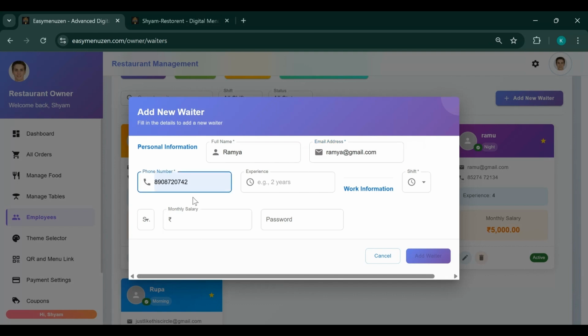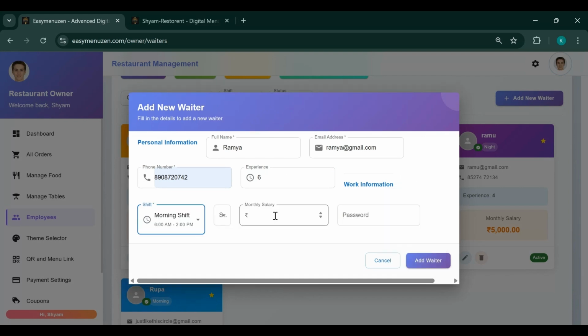Give her a number and the years of experience, maybe 6 years. She has been working in your restaurant for 6 years, or maybe 2 years, whatever experience she has, you can enter it. And the shift: morning shift, evening shift, or night shift, maybe morning shift. And the monthly salary,